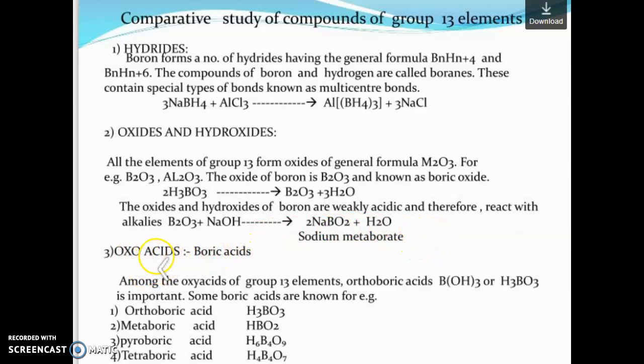Now the next topic is oxo acids, boric acid. Among the oxo acids of group 13 elements, orthoboric acid, B(OH)3 or H3BO3, is important. Some boric acids are known, that is ortho